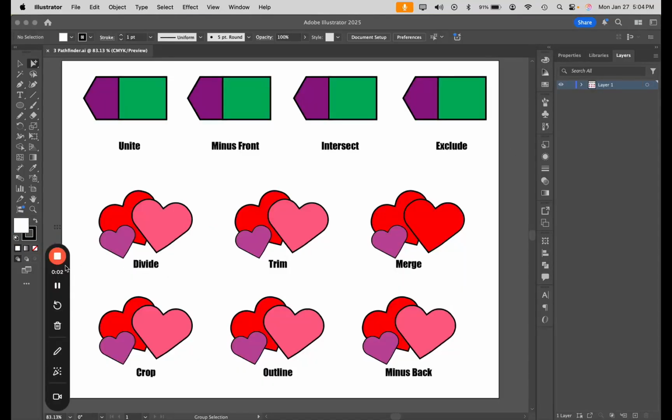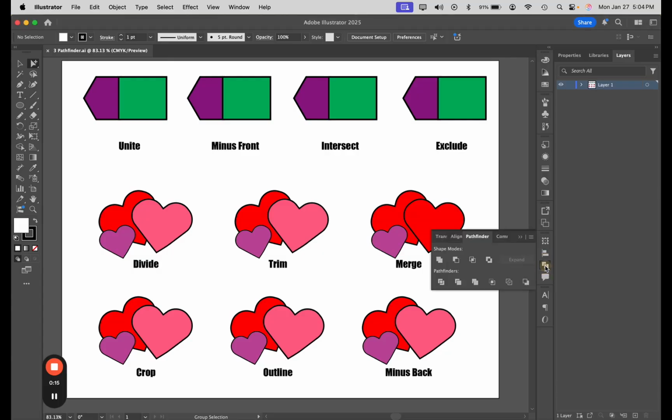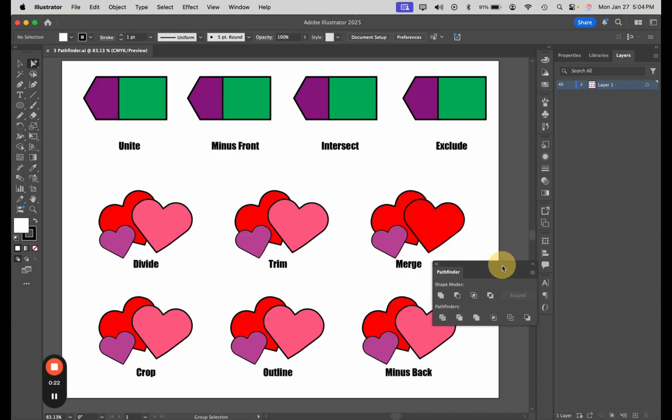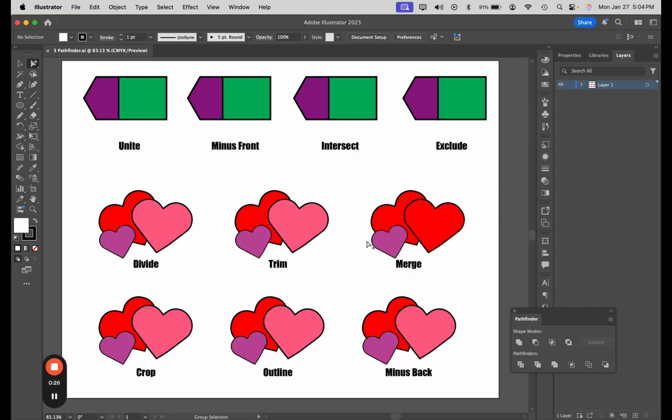Okay, let's go ahead and look at, so I'm going to bring this down. We're going to continue looking at not only the shape modes, but also the Pathfinder panel. So I'm going to go ahead and just click on it so that it comes out. And actually, I'm just going to drag it out just so that we have it and it doesn't collapse into this, okay? So one thing that I want you to recognize is that